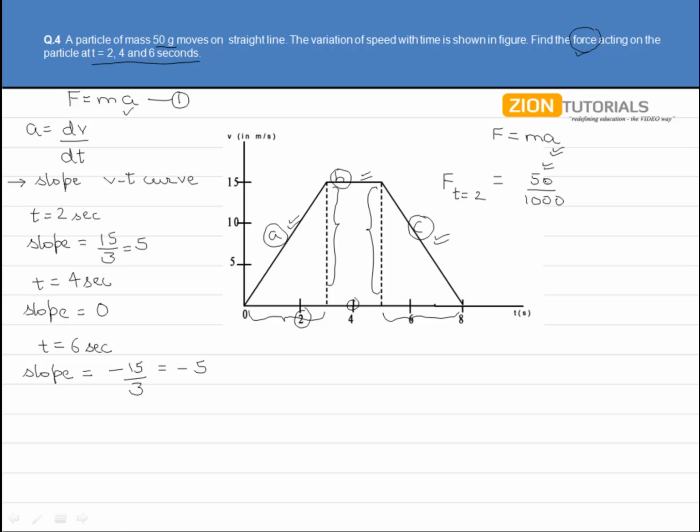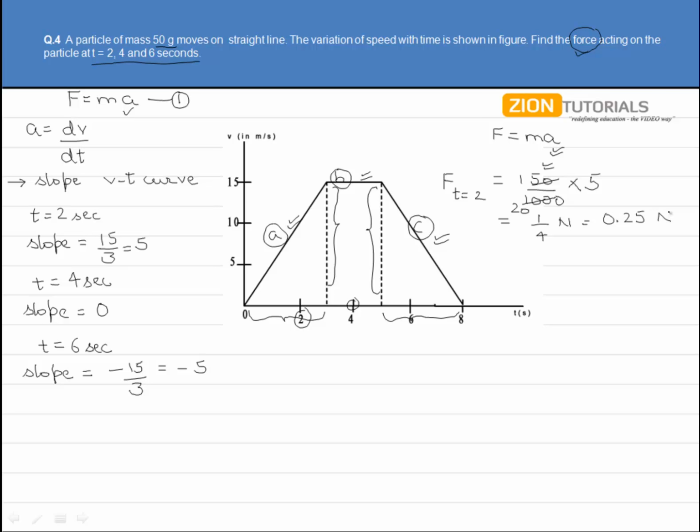That is why we have divided it by 1000, into 5, that is the acceleration at time t equals 2. This is equal to, cutting it by 1 by 20, getting 1 by 4 Newton